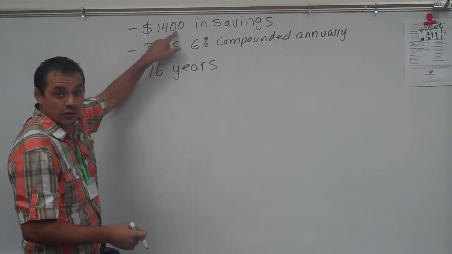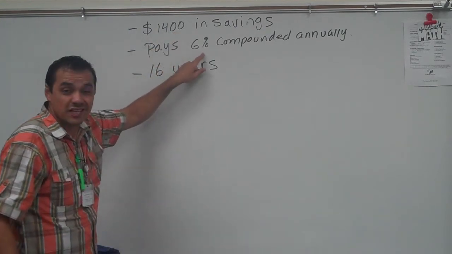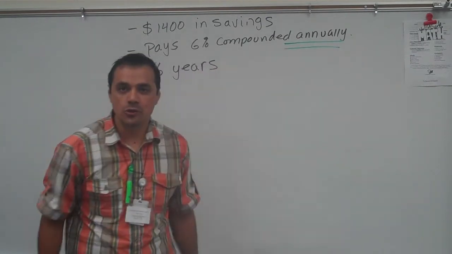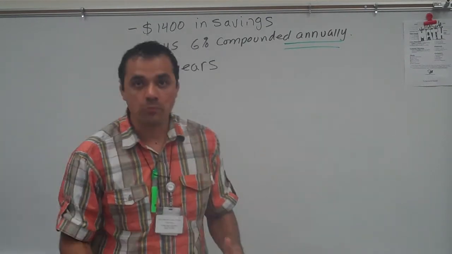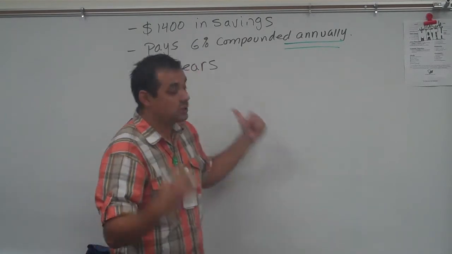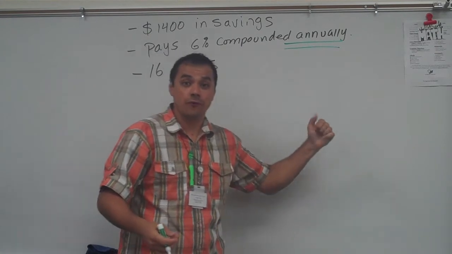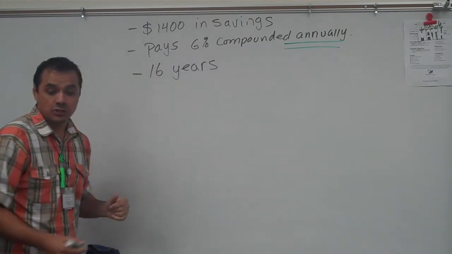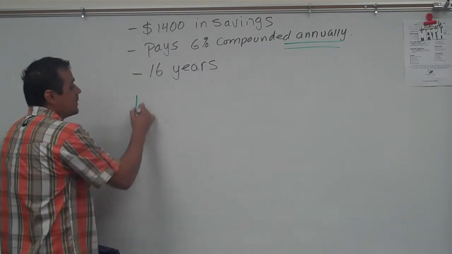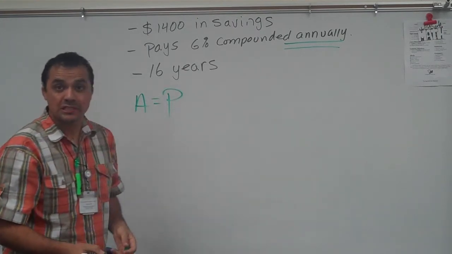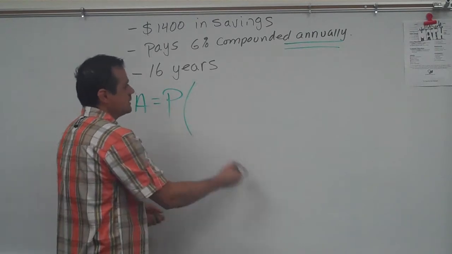So we've got $1,400, pays 6% interest, compounded annually. Be very careful. A lot of you used the wrong formula. The formula with the e is the one that is compounded continuously. This says annually, so you're going to use the other formula for 16 years. The formula for this one was the amount of money equals your principal times